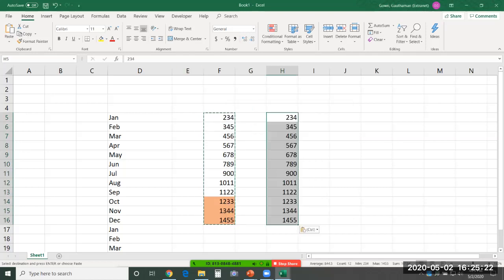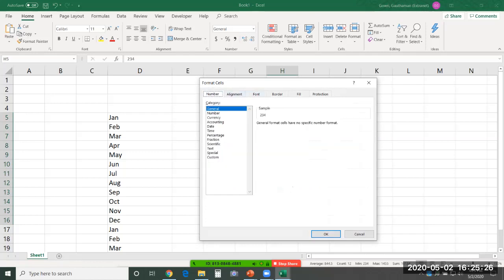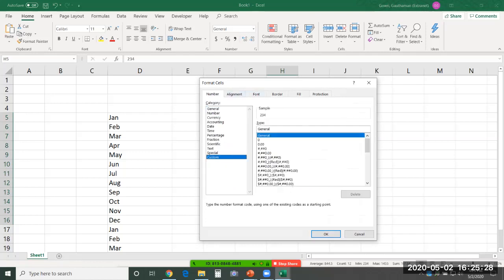So again, this is one of the examples to provide the number formatting. So there are many like this. So we'll go to custom, we say is 0, and we'll provide a text. Let's say I'll give kilograms over here.